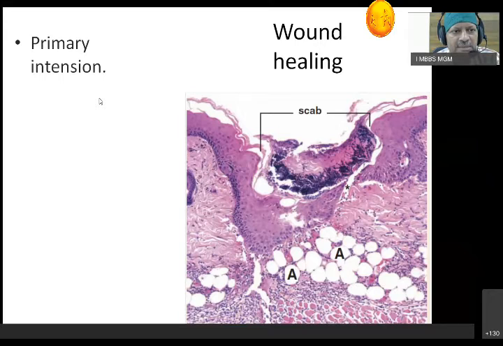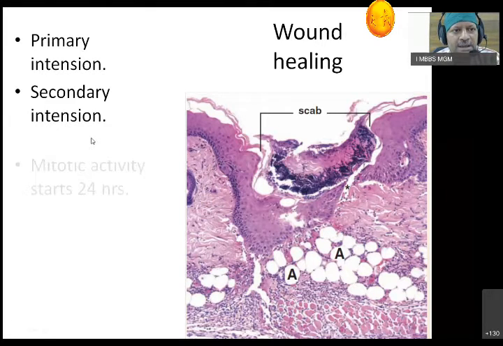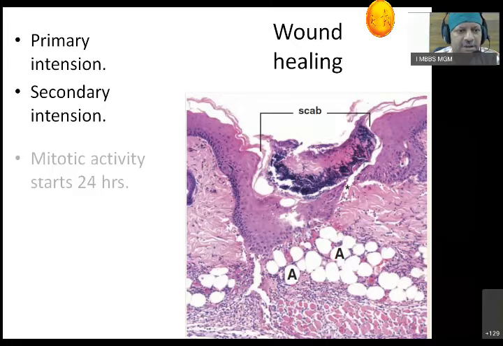And this wound heals by primary intention. Then there is secondary intention, which means crush injuries of the skin, where there is a lot of dirt and everything contaminating the skin. This secondary intention wound we never go for stitching. We usually keep it open, like a dog bite, which may be infected with rabies. So we have to keep it open and let it heal by scarring. That is the difference. So two words: wound healing by primary intention and secondary intention. We are going to deal with this in great detail in pathology, in a separate chapter itself.